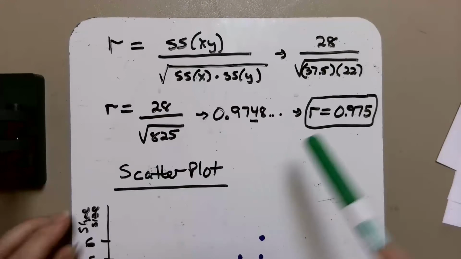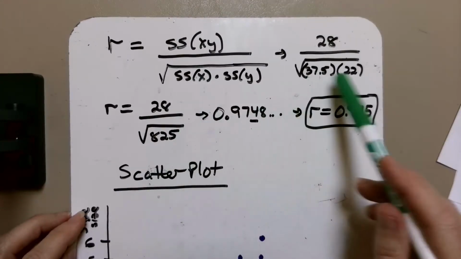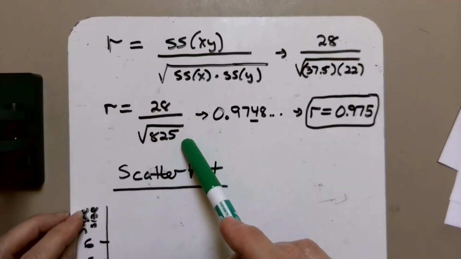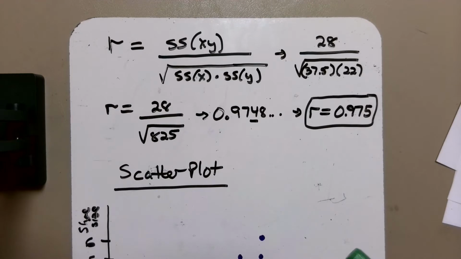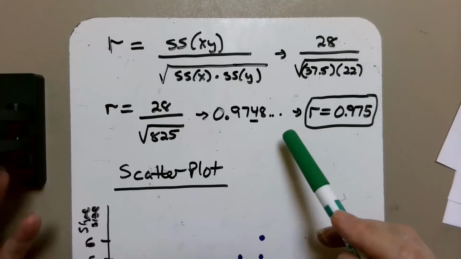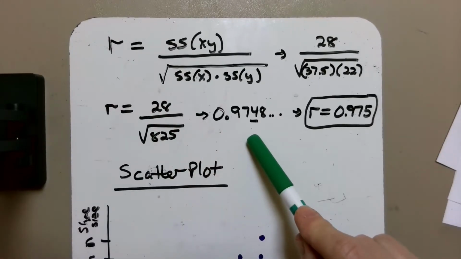So I'm going to do that multiplication. That's 28 divided by the square root of 825. You can put this directly in your calculator. You could also take the square root of 825, which is, I don't know, 27 something. No, I guess it's like 28 something maybe, 28, 29 something. But I just put this in my calculator directly, and I got my R value of